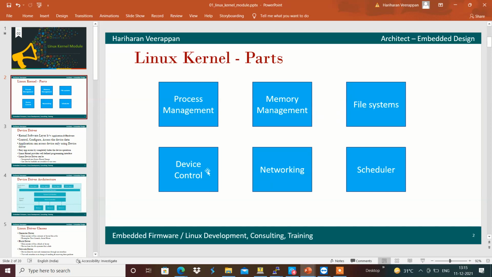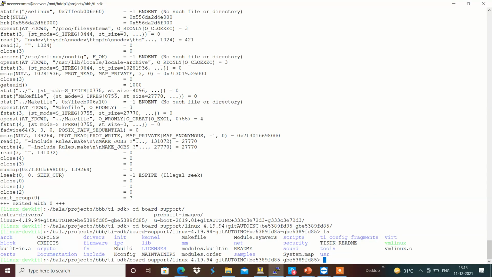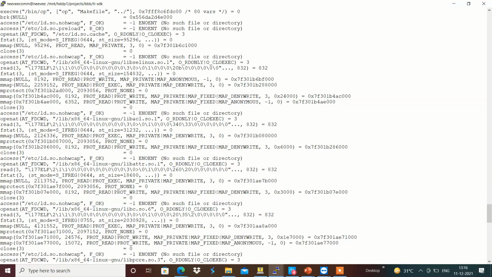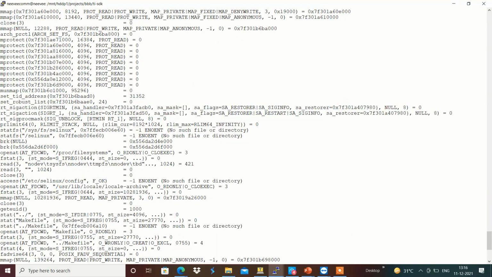Yeah, it's something like, for example, whenever a write system call is initiated, then only it will happen. For example, we are going to copy a makefile from here to back over here, which basically reads the file content and writes it back into the makefile over here.